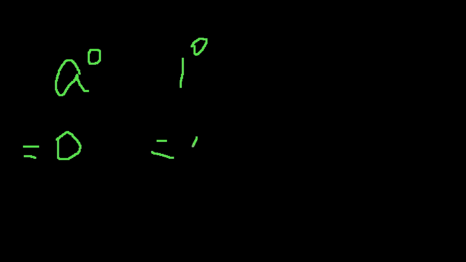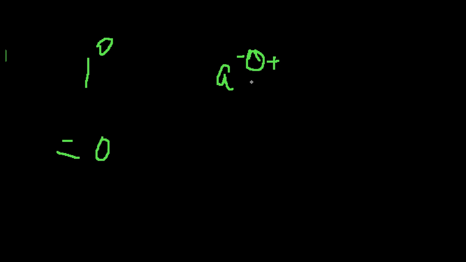So our special rule today is a to the power of 0 would be equal to 0. Alright, remember this. So 1 to the power of 0 would be equal to 0. Alright, cool? Great. Next thing we have is a to the power of a negative number, where n is positive,